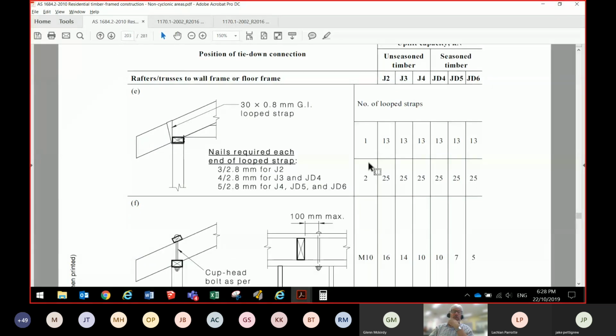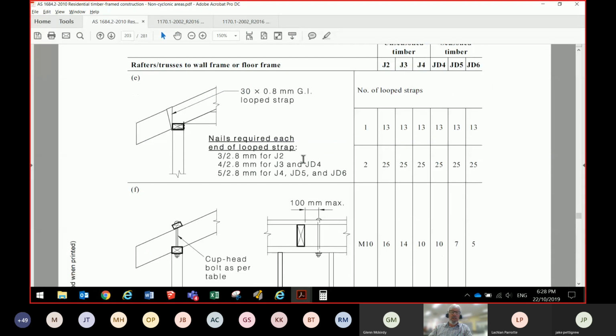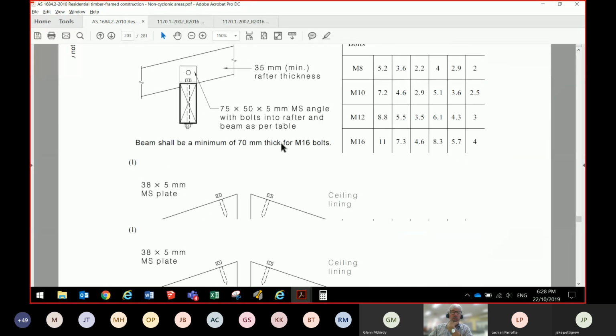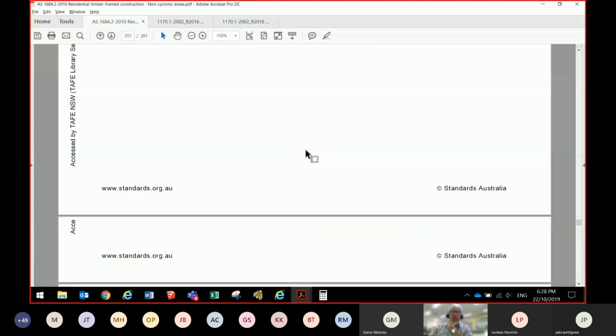I'll just draw your attention real quickly to how specific these Australian Standards get. If you look at this example that you can see I've popped up there on the screen, this tells us exactly the type of nails that we need and the type of looped strap that we need for this particular fastening system. Okay. And this has gone into tie downs here. I'll just move on into wall bracing because it's probably a little bit more